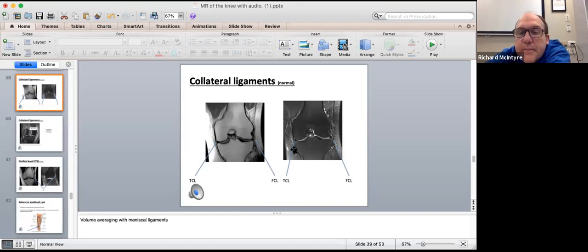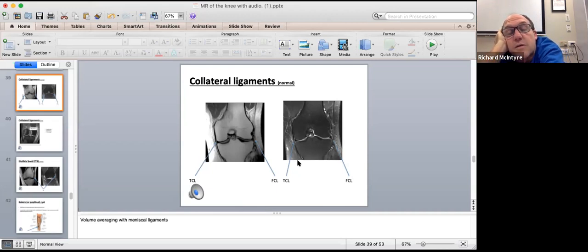Okay, so if you saw them in cross section, you saw a little signal there in the coronal, then you'd go and look at the axials and you'd be able to see that signal in cross section. One plane that wouldn't be overly useful is sagittal, because if you did sagittal scans along there, you might get it in one, maybe two planes, and you don't know whether that signal